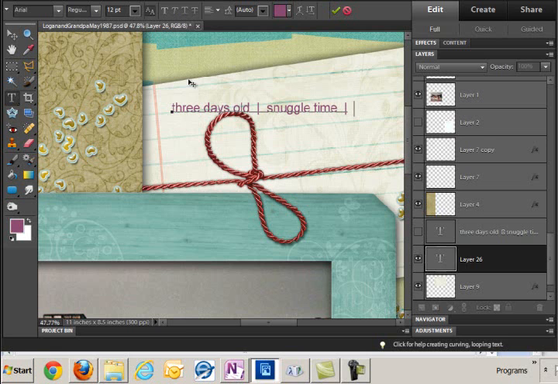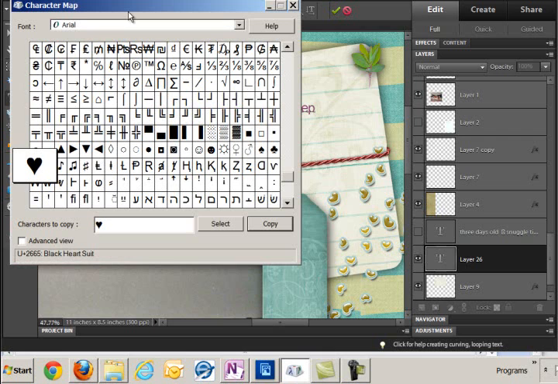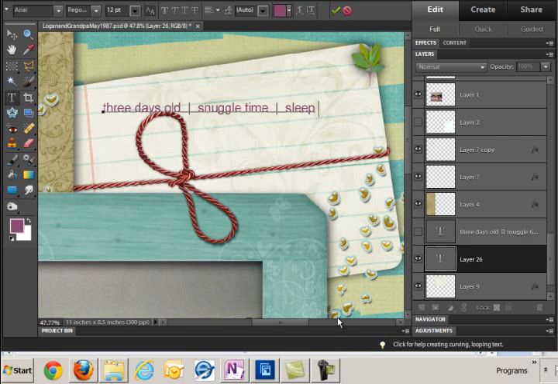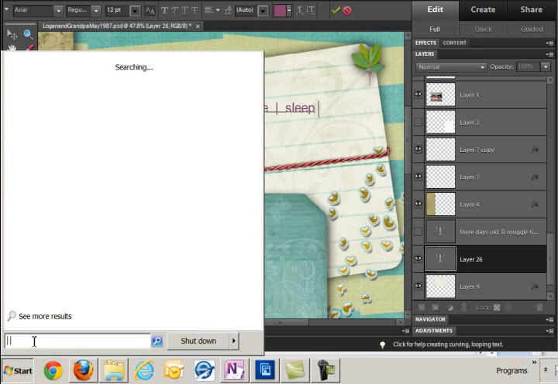Now you can just do that for this lesson if you want, because the lesson is to come up with creative words and have them divided such as this. But if you want to come up with something different, I've left this so you can see down here at the bottom of my page, I have what's called a character map, and I am in Windows 7. So the easiest way in Windows 7, or I think even Vista, is to hit the start key and search character map,